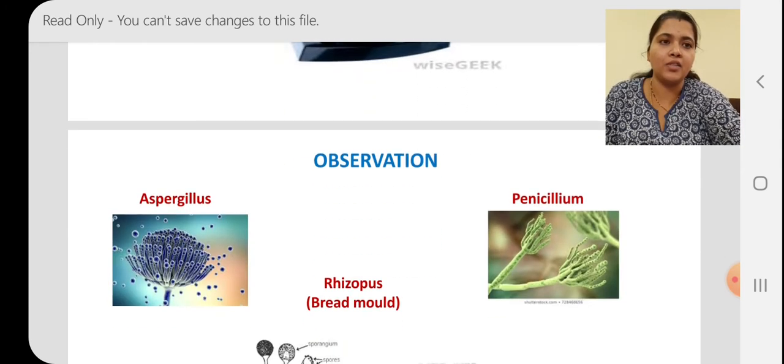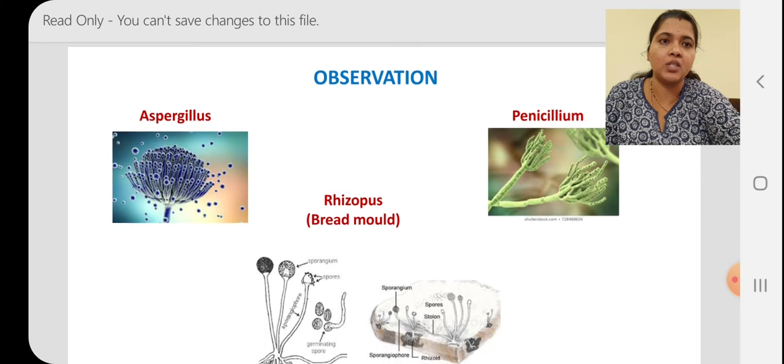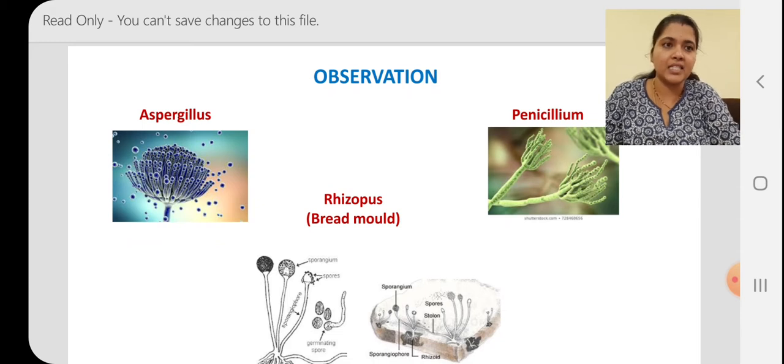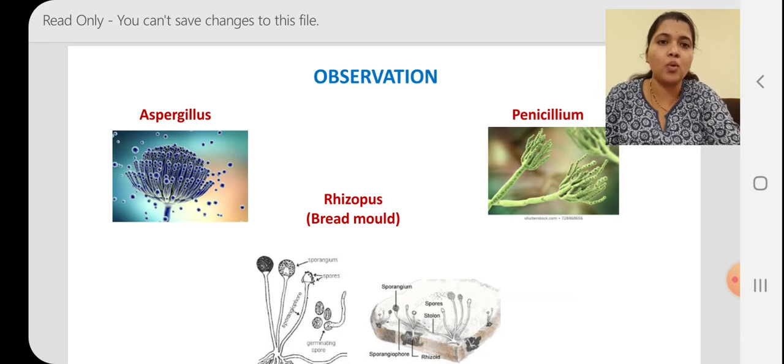Coming to the observation part, children, when we are observing fungi, we would be able to see Aspergillus, it is also a fungus, Penicillium, it is a fungus, and Rhizopus, which forms on spoiled bread. The last diagram which you are seeing is a bread, and these are the spores which you see. So fungi reproduces through spores.